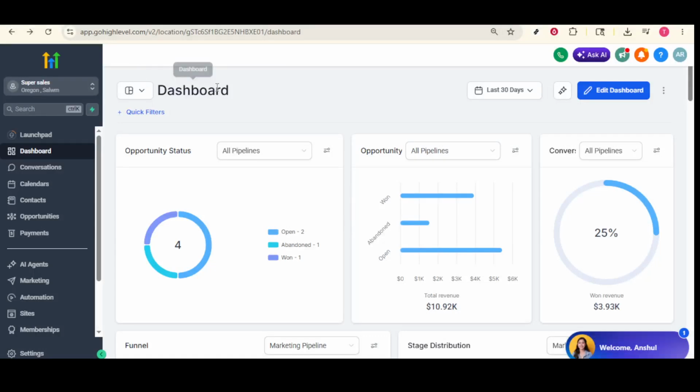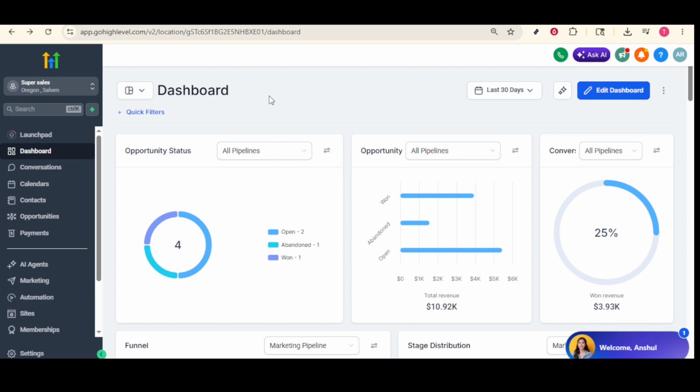In today's video, I'm going to teach you how to send documents and get signatures inside GoHighLevel. This powerful platform provides an efficient and effective way to manage documents and obtain signatures, ensuring smoother transactions and clearer communication with your clients. Let's dive into the step-by-step process to make the most out of GoHighLevel's documents and contracts